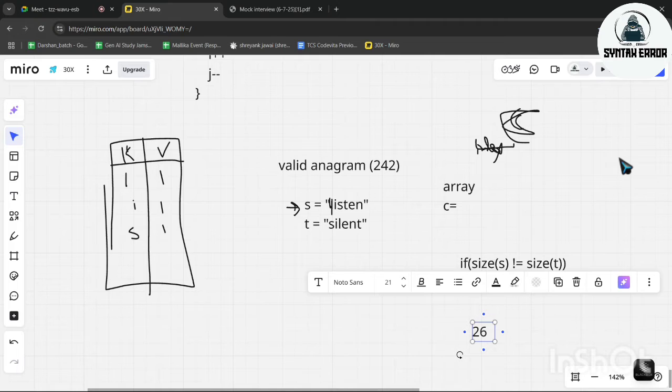Like that, all the indexes refer to the corresponding alphabets, and the value inside that, suppose C of 4, which is E, I guess. A, B, C, D, E, yeah. C of 4 is E. For this, yes, C of 4 will be 1. The value in C of 4 will be 1.